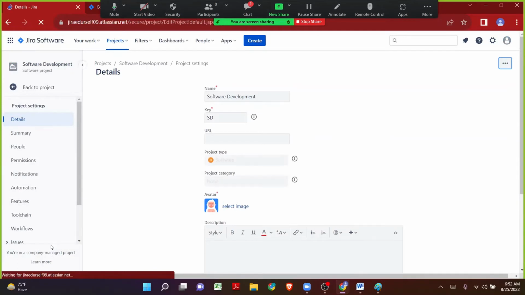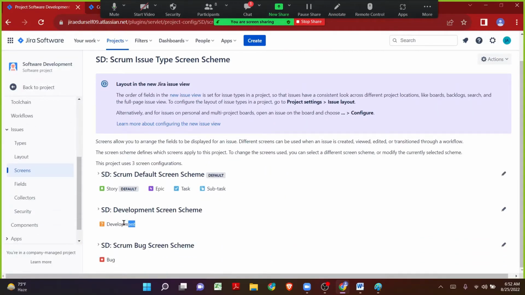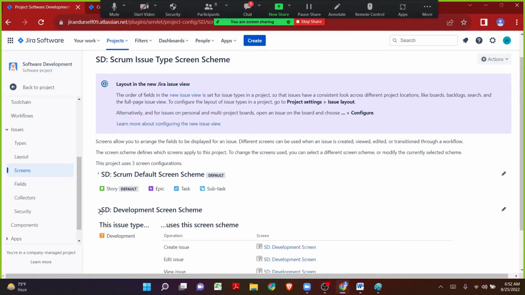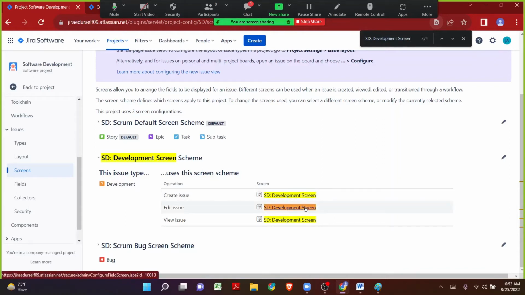We are talking about the field on the screen, so we have to navigate to the screens tab. And in the screens tab, we are talking about an issue type called development. So let me elaborate the screen scheme and let me have a look. While creating, I do have ST development screen, and in the same way, while editing, I do have the same screen, and while viewing, I do have the same screen. Now in order to fulfill the requirement, what we have to do is,